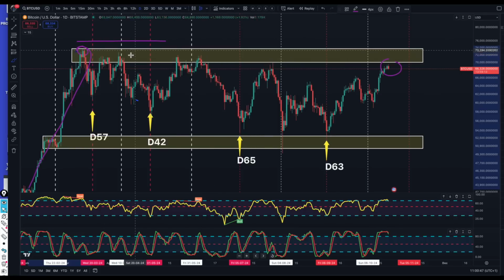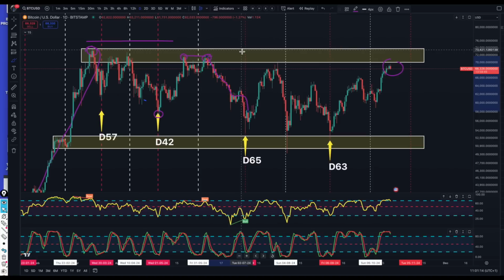And in the following cycle after this one, which was between this red line and this red line, once again, from the bottom of that cycle, we ran up to the midpoint here. But once again, after the midpoint, we failed to make a new high. So we got another left translated cycle here. Then in the third cycle after the all-time high, which is between this red line and this red line, once again we got the Bitcoin price rising from the bottom of that start at day 65 to the midpoint. But once again, after the midpoint, we failed to come back up to those levels and go above it. So once again, we've got another left translated cycle.